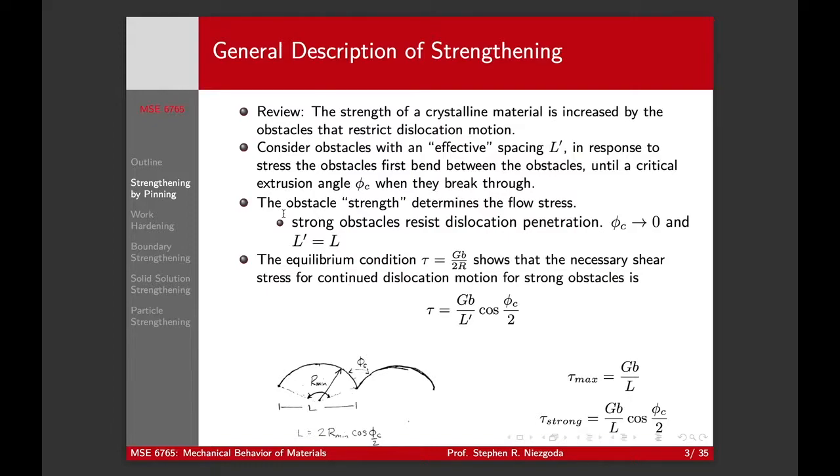Right? The Peierls stress is an intrinsic kind of strength, that depends on the lattice. Now we're going to be adding additional things and putting additional things in the way to make it harder to go. And we need to consider